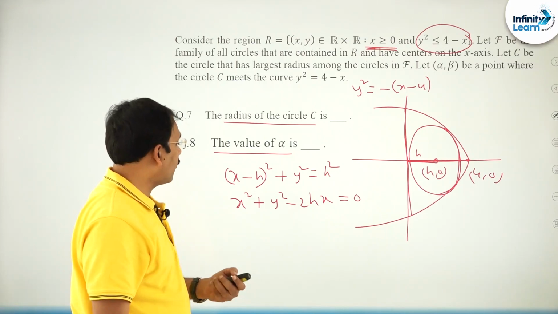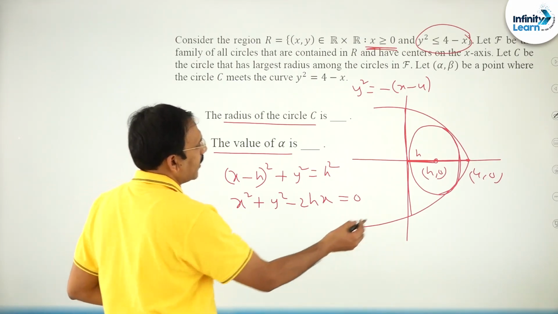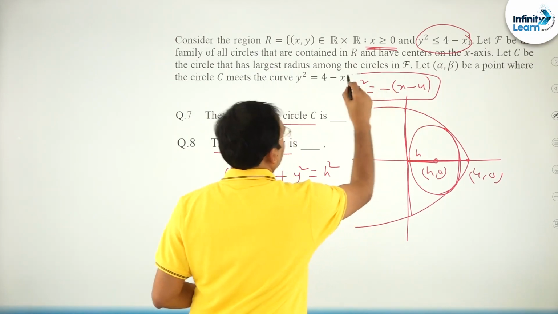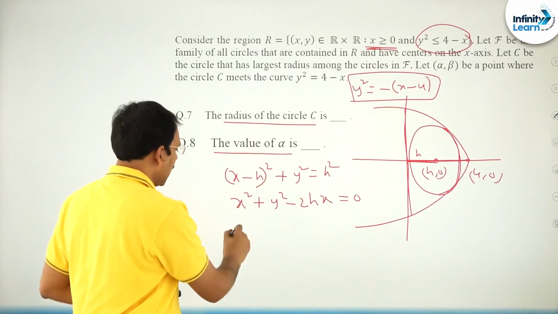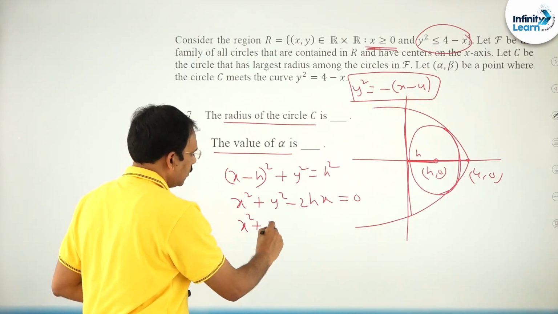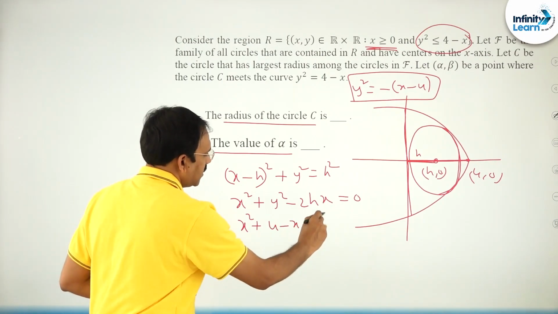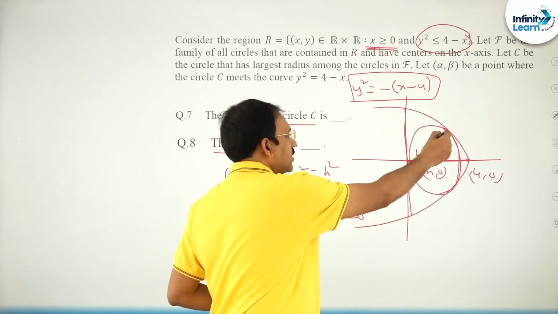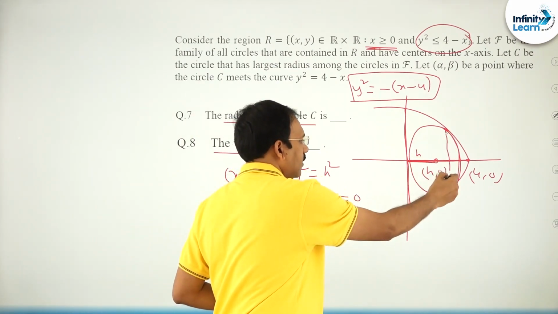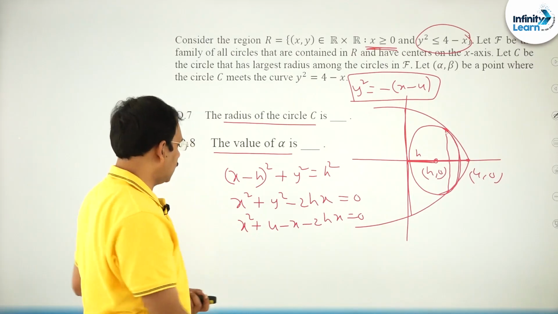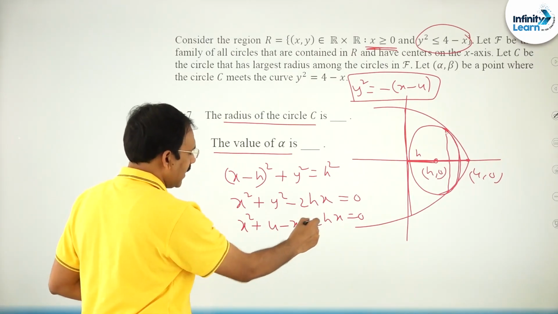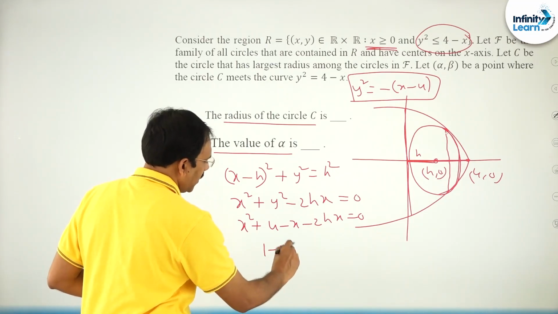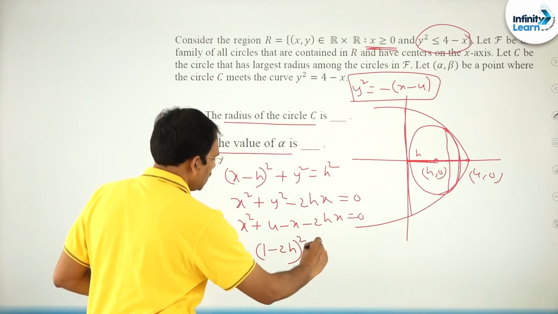Now, friends, you try to find the point of intersection of this circle and our parabola y square is equal to 4 minus x. You put y square is equal to 4 minus x, giving x square minus x plus 4 minus 2hx is equal to 0. Since it is touching, the x coordinate will be only one. So, delta must be equal to 0. Delta is nothing but b square, that is minus of 1 minus 2h whole square, is equal to